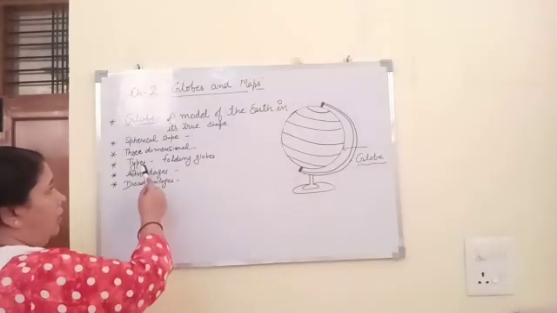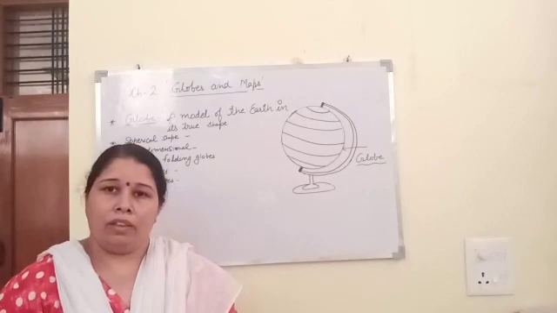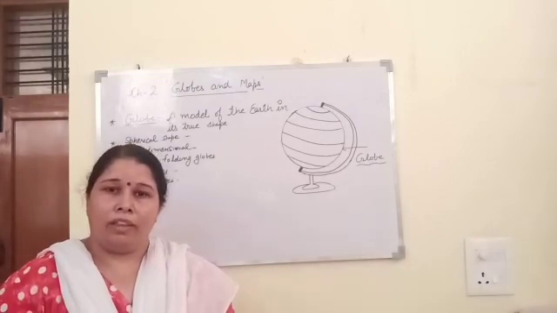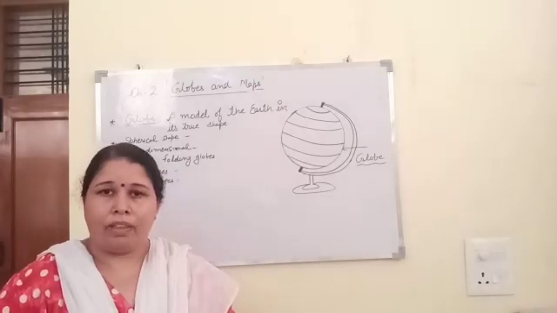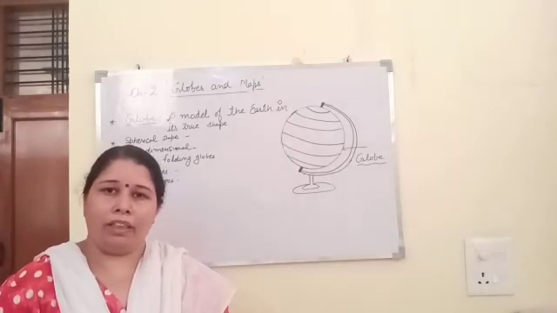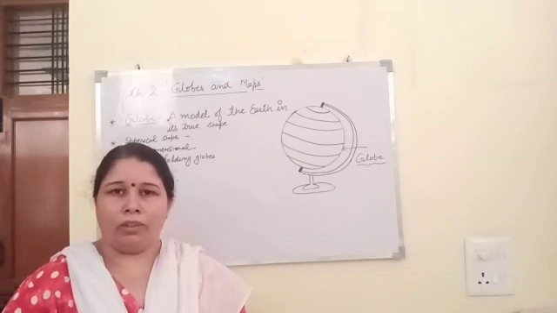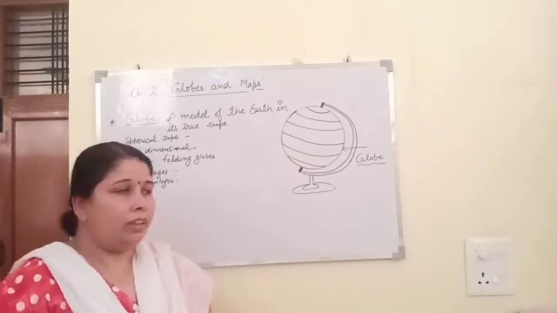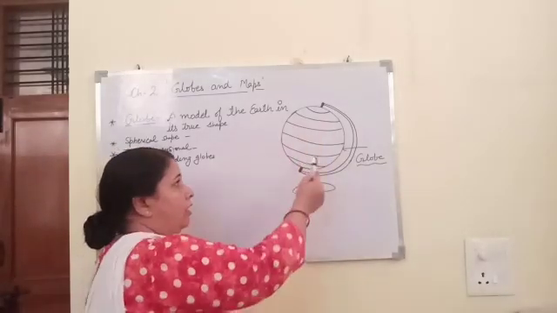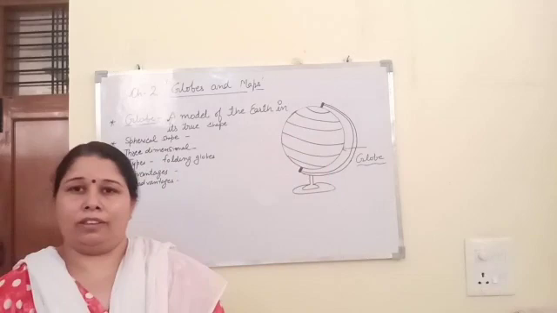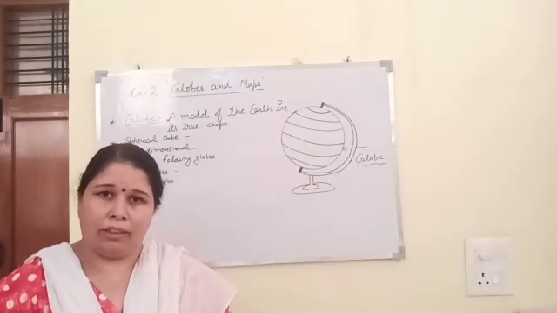Now we will discuss types of globes. These days, even folding maps are also available in the market. These maps can be easily folded and you can carry it very easily from one place to another. Otherwise, the globe is not easy to carry because of its spherical shape and its big size. So it is quite difficult to carry globe from one place to another.